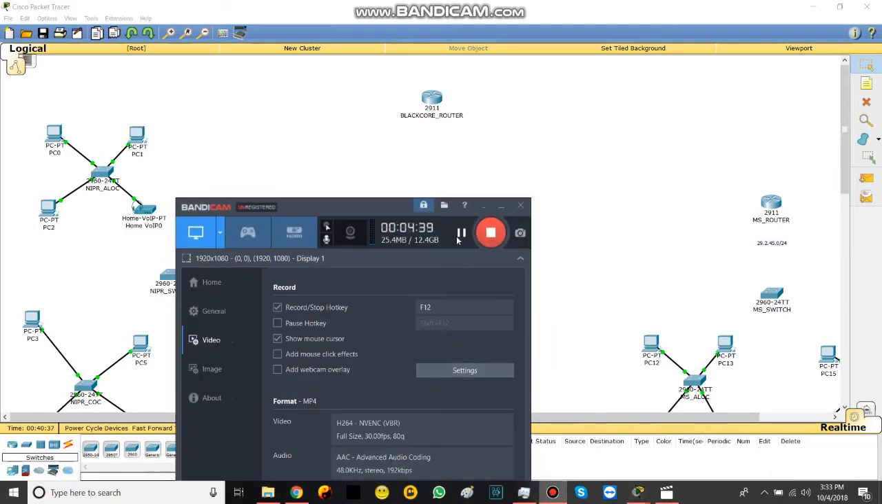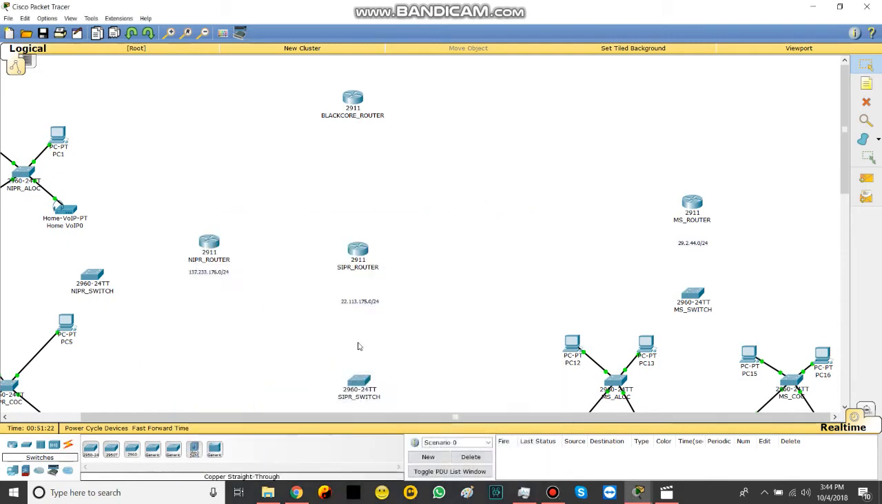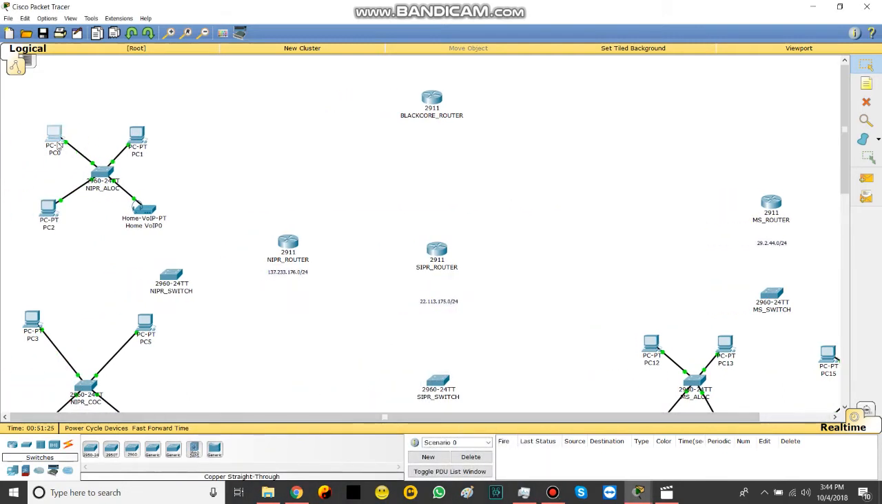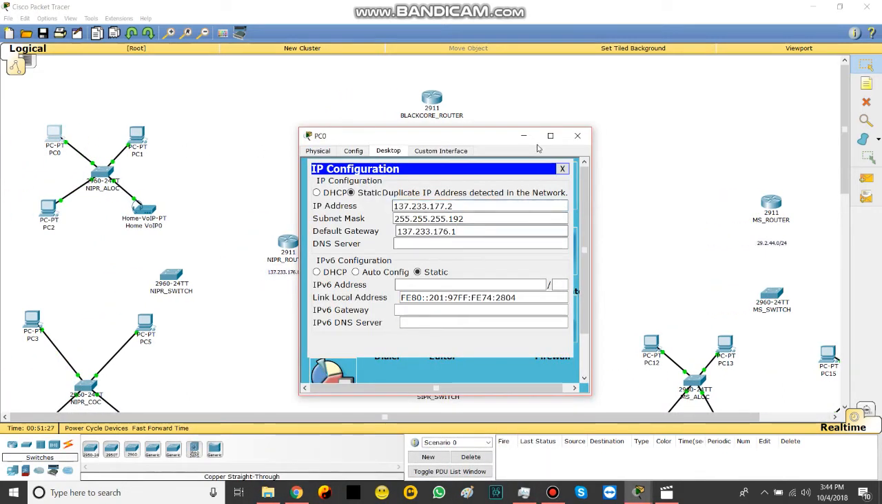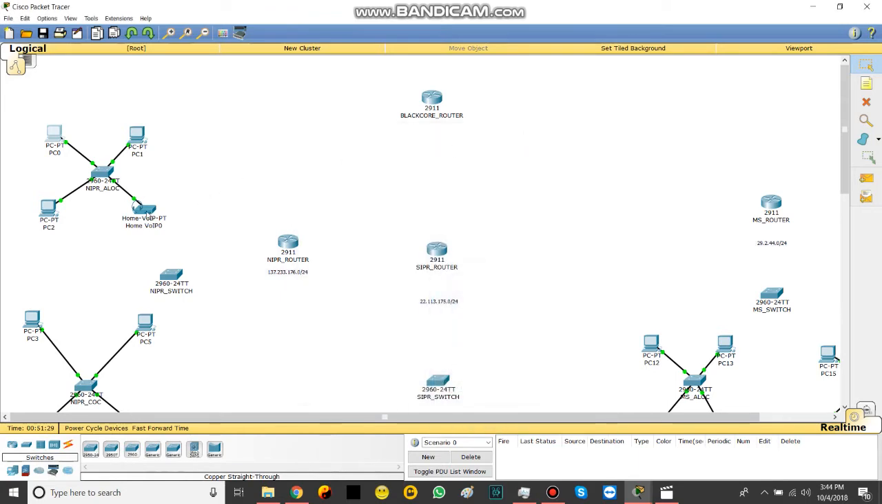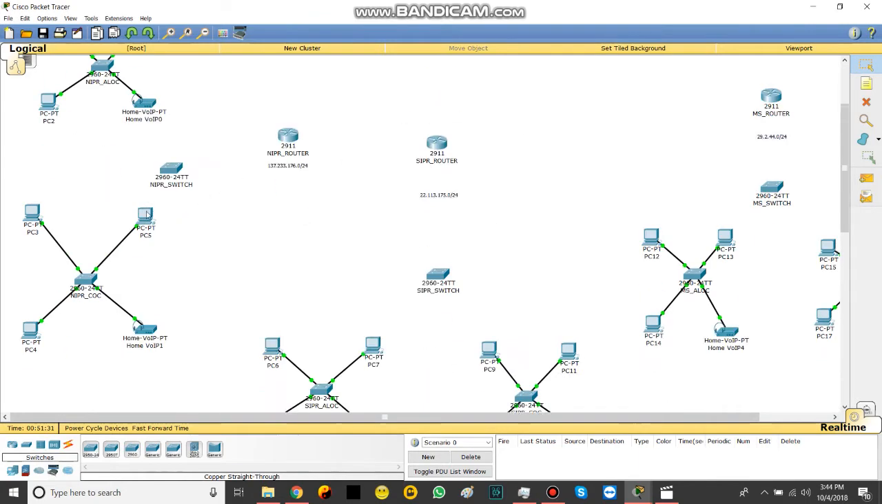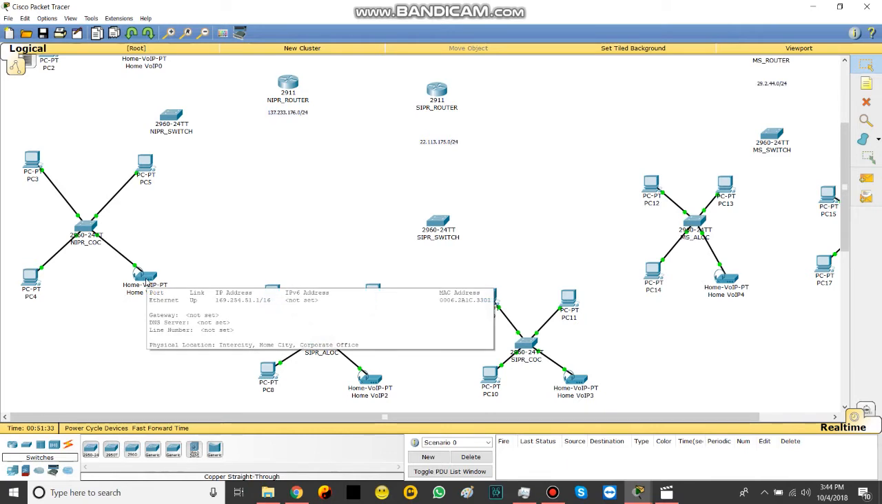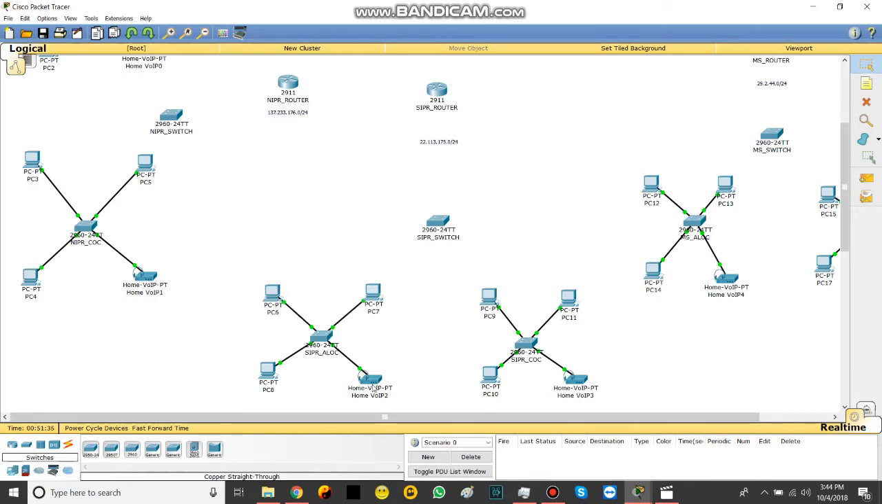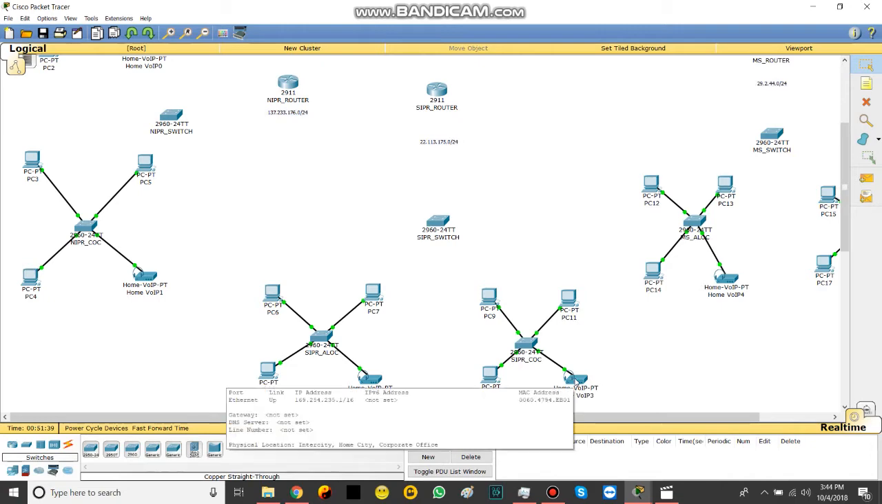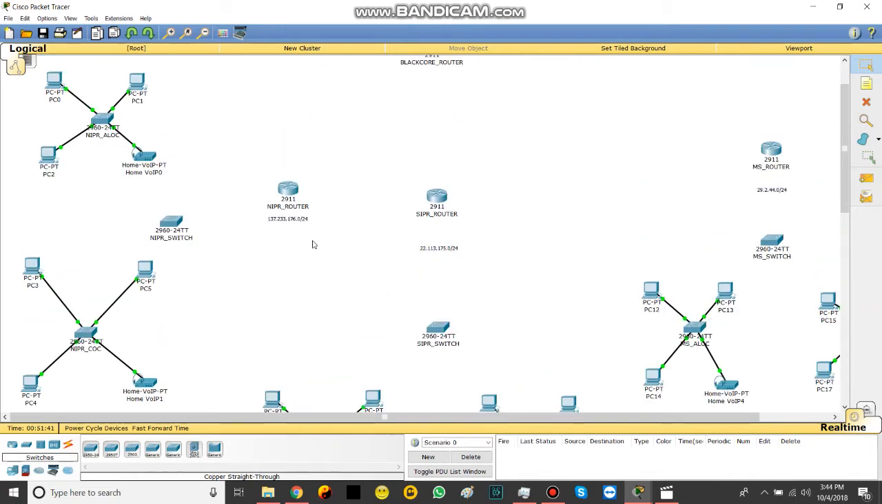So I'm going to add IPs to each of these computers. So I added IP addresses, default gateways, and subnet masks to each computer. I was going to add one to the phones, but they automatically come with an IP address that I did not know. So yeah, next we're going to